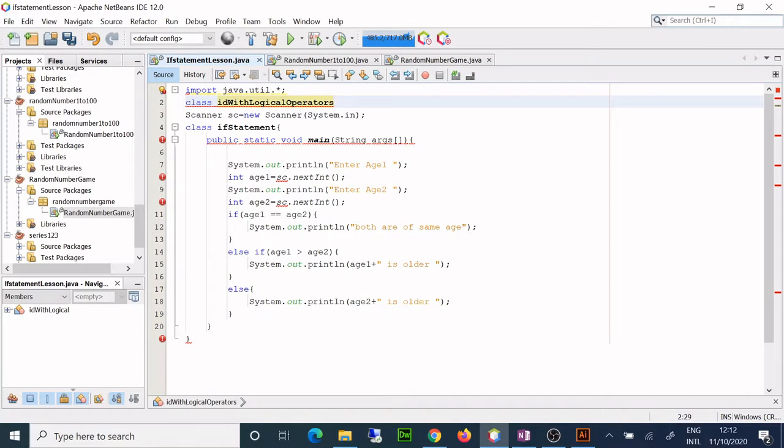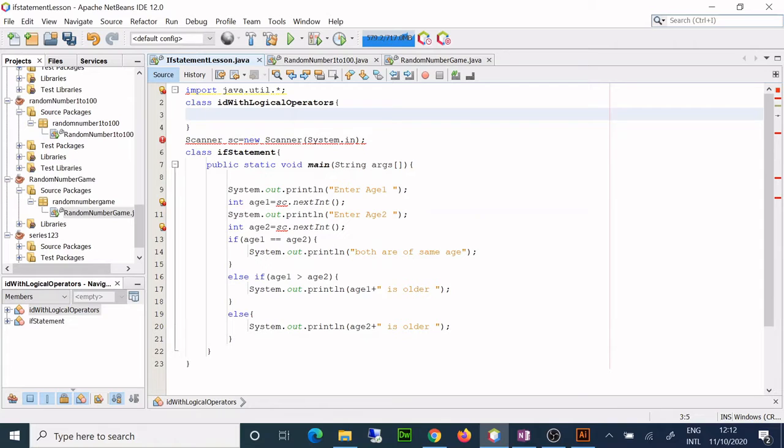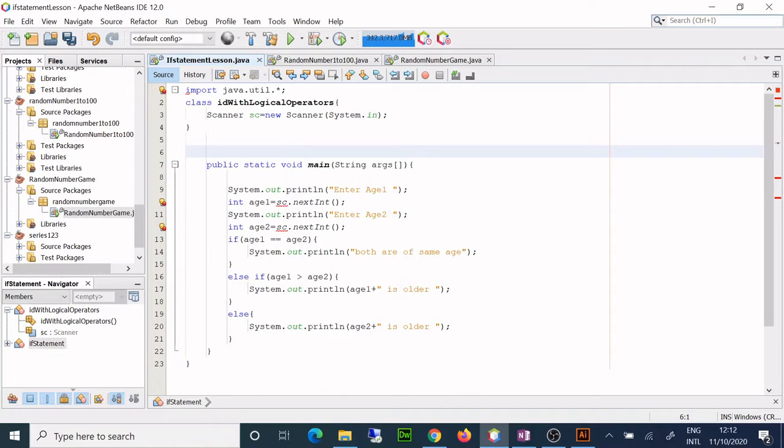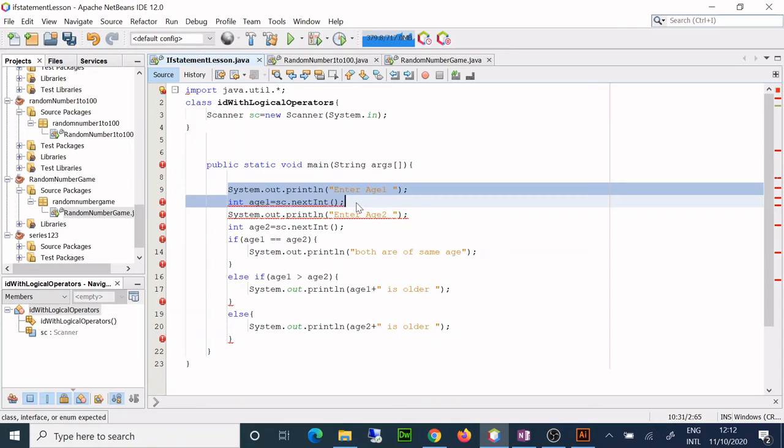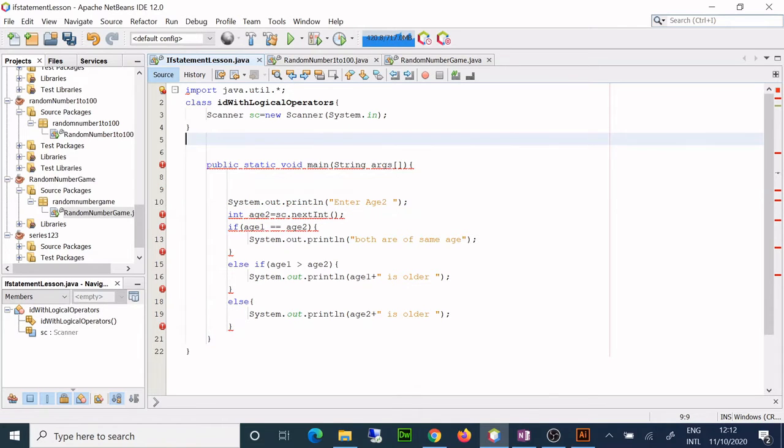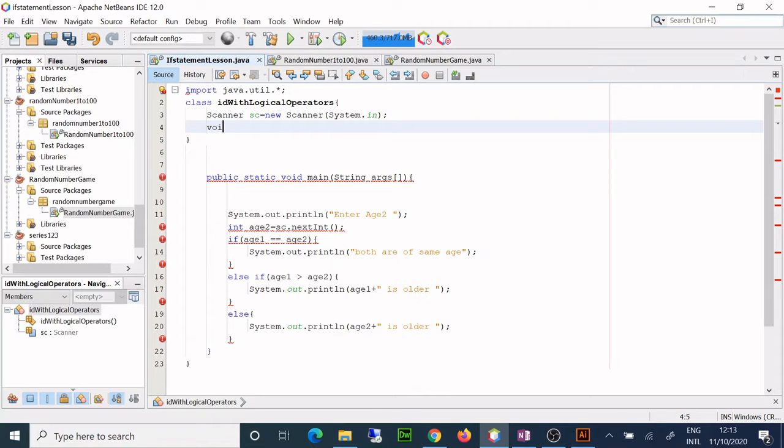You must be thinking such a long name, but let me tell you something, and that is, our variable names should always be meaningful. Okay, our variable names should always be meaningful. And if they aren't, then that is not a good programming practice. So I'm doing it. I'll make a method here and I'll call it input.